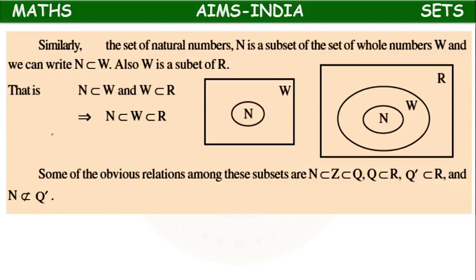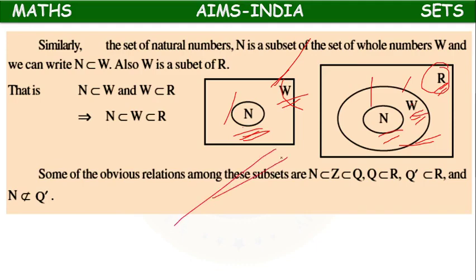So next. Like this, natural numbers, whole numbers. So natural numbers will be present in whole numbers. Now this is the subset, this is the universal set. Or if you take like this, natural numbers is a subset of whole numbers is a subset of real numbers. These two are subsets. This is the universal set. Okay, like that we can write.